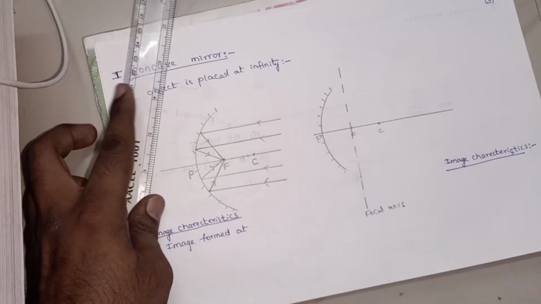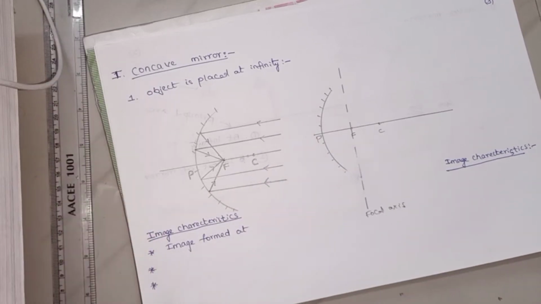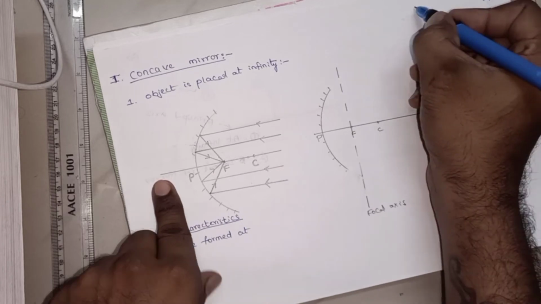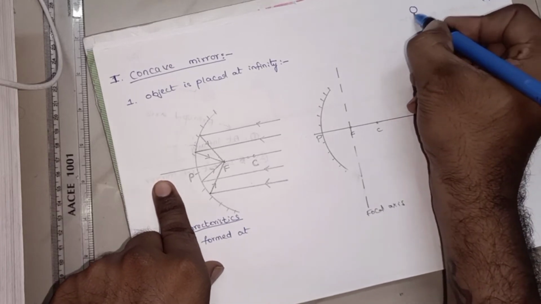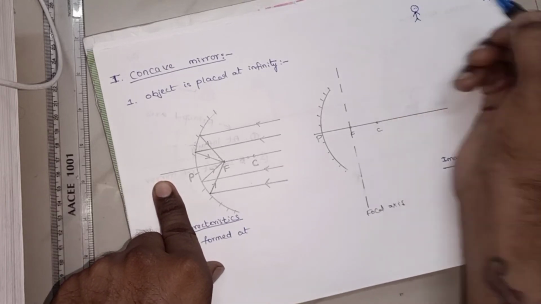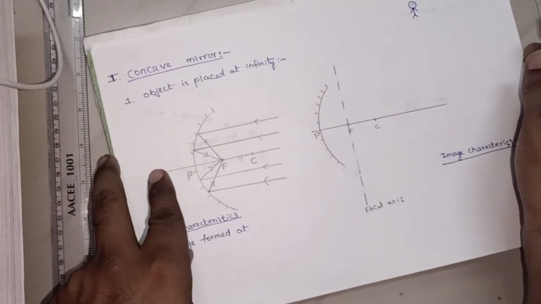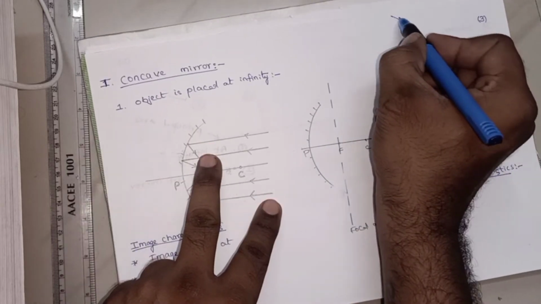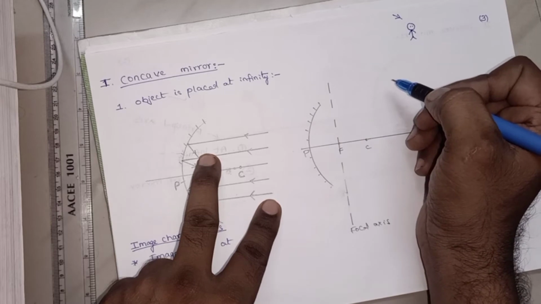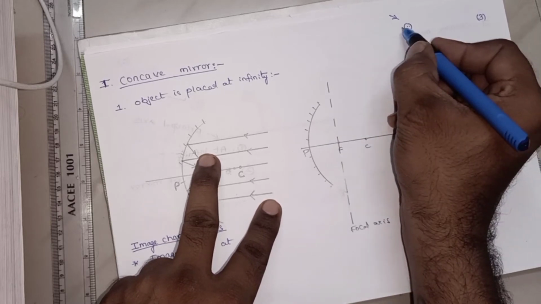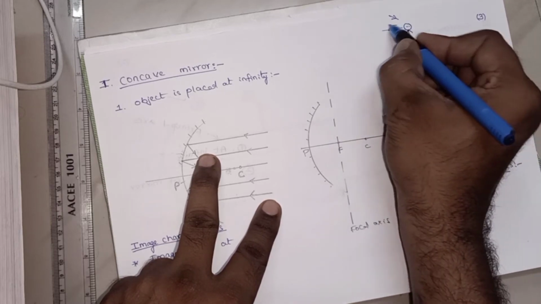And remember, my dear friends, see how an object is visible to us. Suppose one of the persons is standing in the room, how will the person be visible to our eyes? When light falls on the person, which is coming from any light source, the light rays will be reflected in all directions.